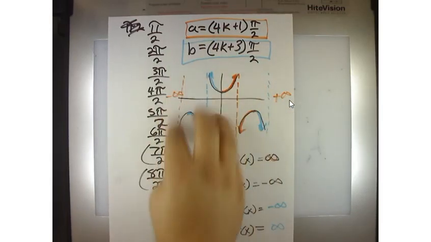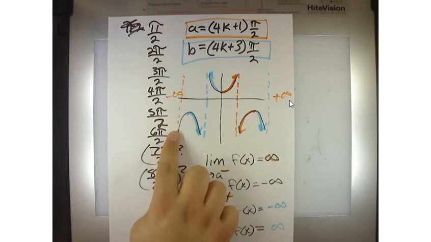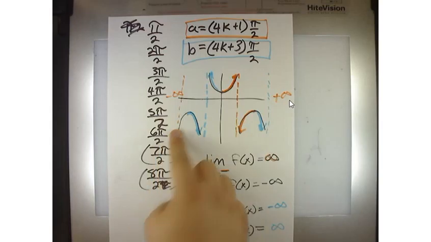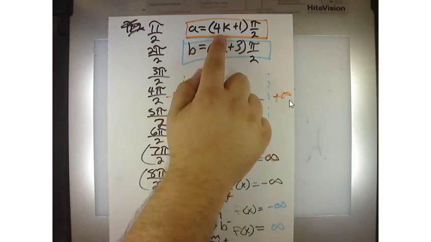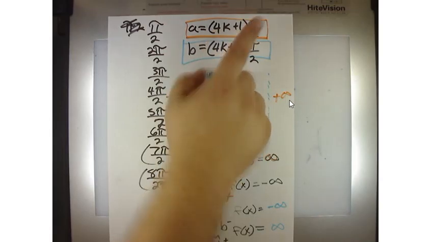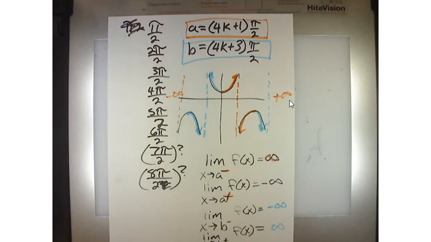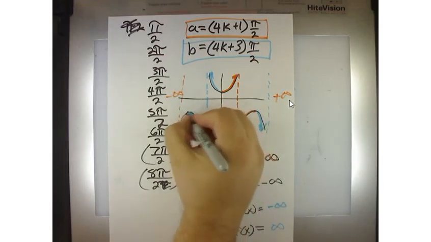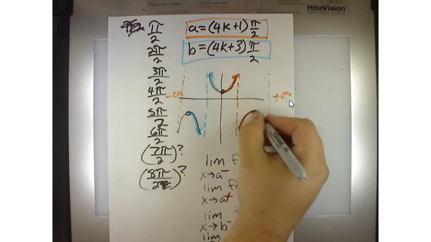So this line here is A. That's the vertical asymptote A. How do I get that? I plug in -1 for k, and I get -4 plus 1, which is -3 times pi over 2. All right. Now we also have some open spots in the graphs here and stuff like that we saw when